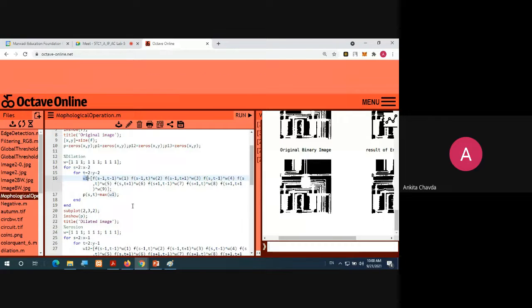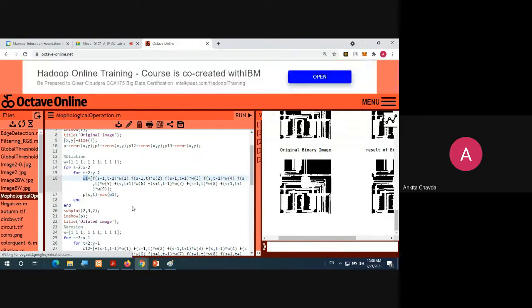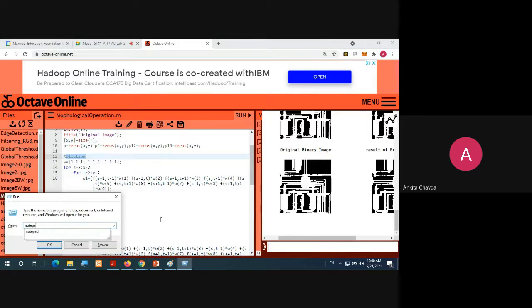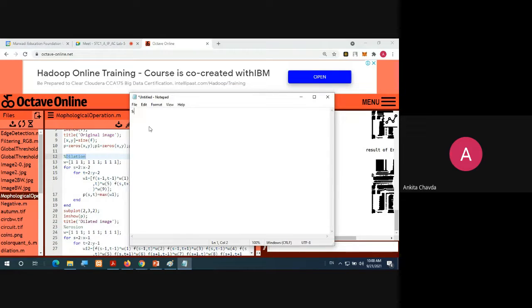Now what you need to do, because you are applying dilation over here: dilation means if any of the values is 1, the middle pixel will be 1. So if I talk about the neighbourhood, this is f of s minus 1, t minus 1, right?